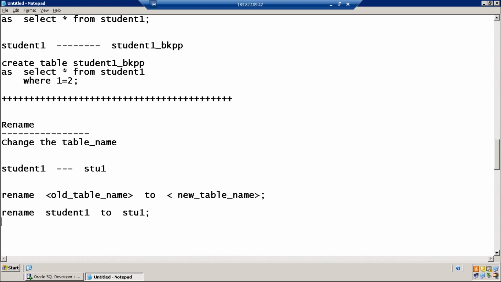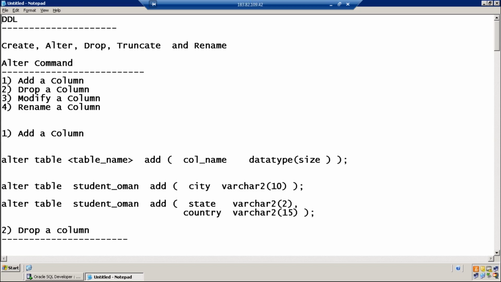So this is how you can change the table name. Once the table name is changed, you can access it by using the new table name, not the old one. With this, we have completed DDL commands: create, alter, drop, truncate, and rename.